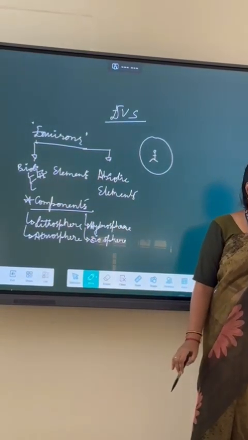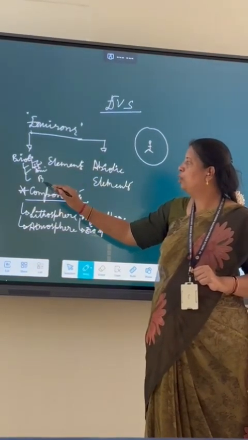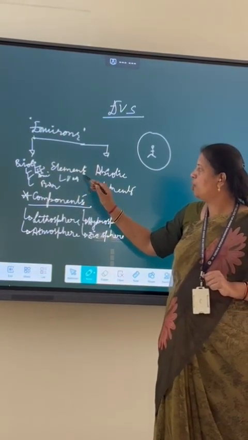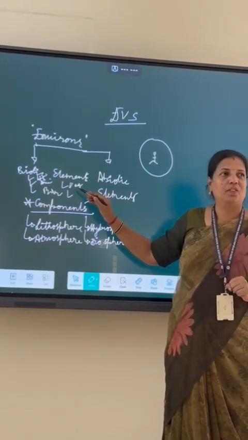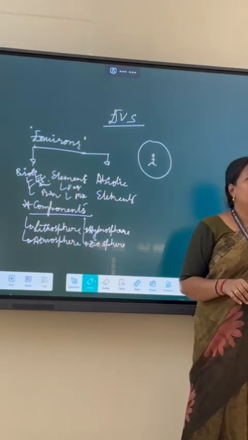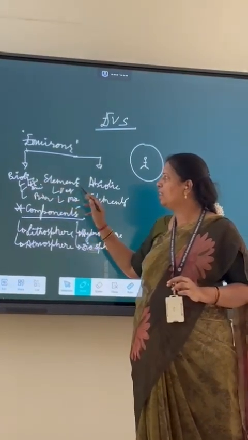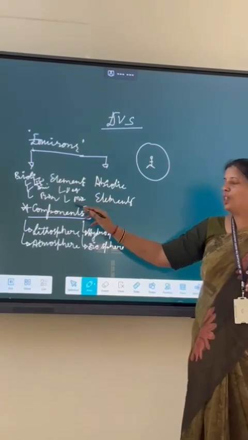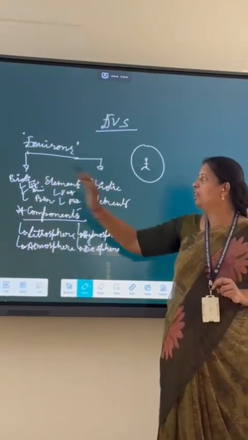We are living on the earth surface. Then the animals, then birds. Then plants, which are the vegetation category. Then the last category, which is the last category? Microbes. So the five major living beings constituting the biotic elements are human beings, animals, birds, vegetation and microbes. So these five categories are called the biotic elements.